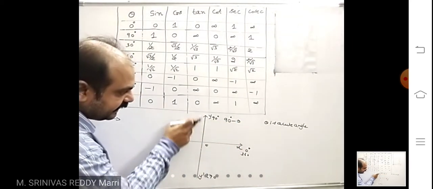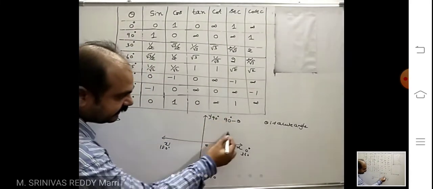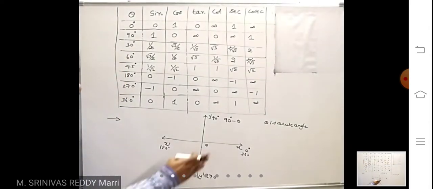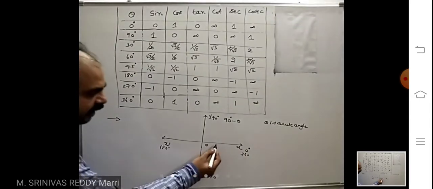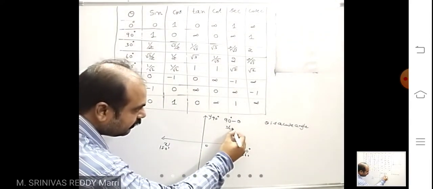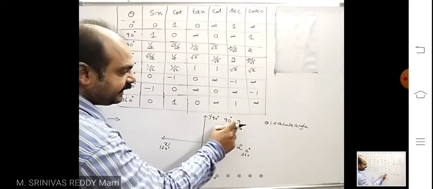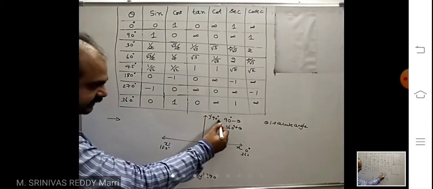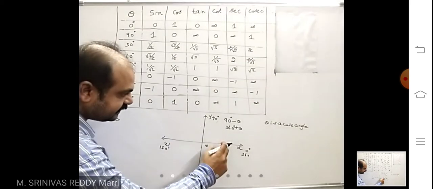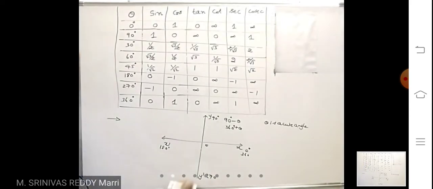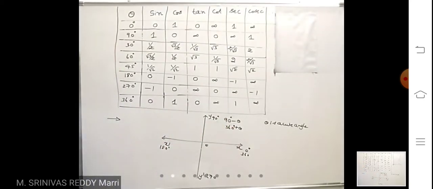Look at here. This end is 90 degree. 90 degree minus theta means less than 90 degree, that means it will lie in this quadrant. In this quadrant, the angle will be of the form either 90 degree minus theta or 360 degree plus theta. Suppose you want to mark 90 minus 30, it will be here at 60. For 360 plus 30, one rotation is 360 and then 360 plus 30 will come here. That means in the first quadrant, the angle will always be of the form 90 minus theta or 360 plus theta.